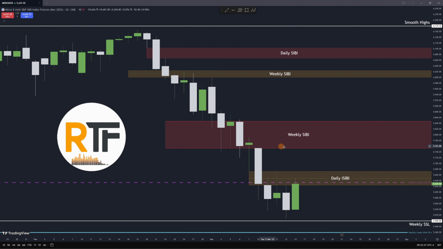to my weekly target. However, if we do start going down lower, if we start displacing lower, we could go for the sell side before coming back up for any kind of rebalancing. That's not ideally what I want to see, but that is a possibility. So I think going into this week, you really want to pay attention to this daily fair value gap.